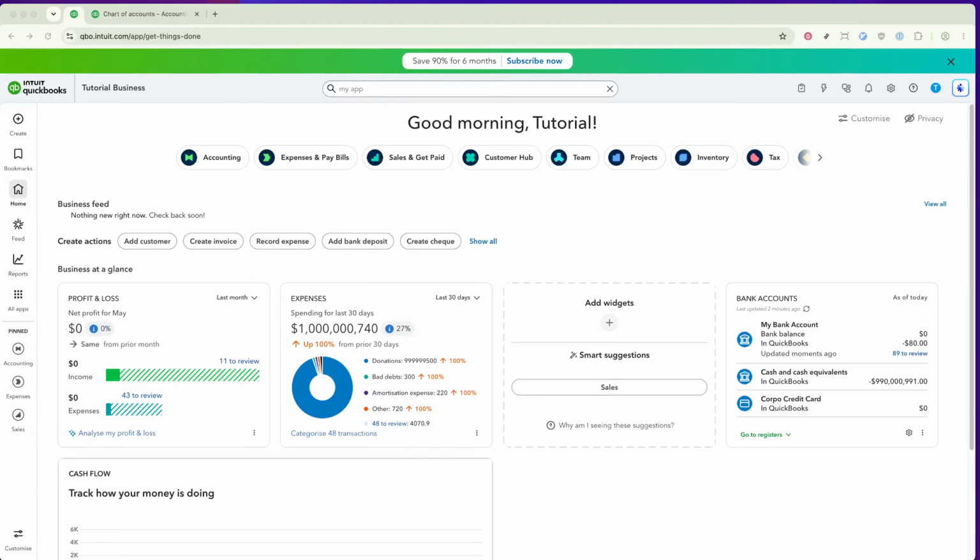In today's video, I'm going to teach you how to export QuickBooks Online data to Excel. If you're using QuickBooks Online to manage your business finances, exporting data into Excel can be a powerful way to review, analyze, and share important information. Whether you need to create detailed reports or organize your lists, this process is simple and straightforward when you know